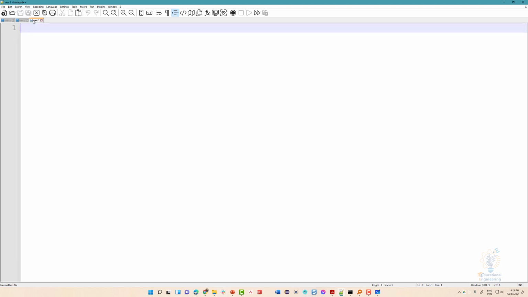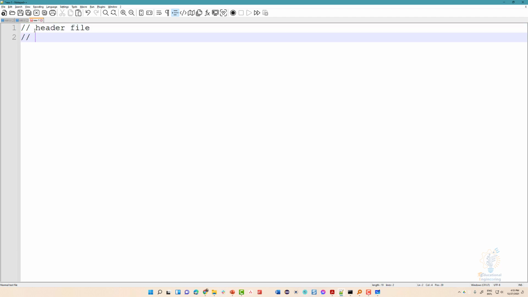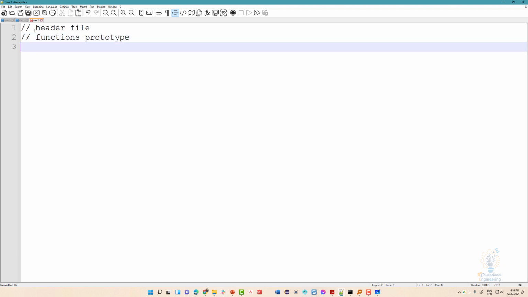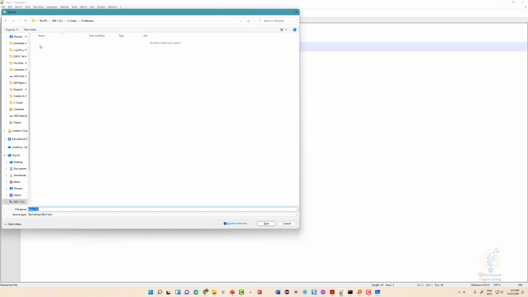And we need to create another file, which is the header file, for the function prototypes, just like what we mentioned in our explanation. Make sure that it has the same name as the source file, but ends with h instead of c,